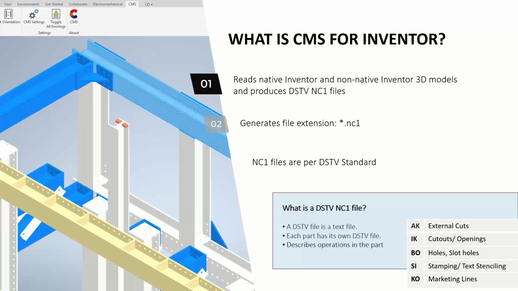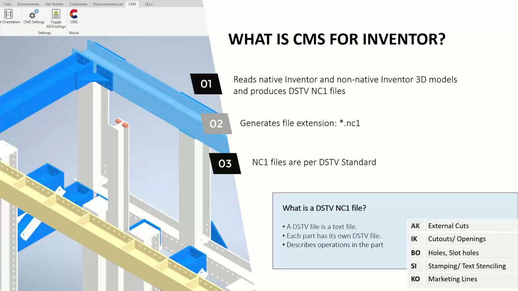What is this CMS for Inventor? It's going to read your native Inventor parts. It will read your non-native Inventor parts such as STEP files, IGES files, SAT files, and that kind of non-native Inventor platform CAD tools. It definitely generates your .nc1 file. Our NC1 file is strictly created as part of the DSTV standard, so that's why we call it DSTV-NC1. So any machine that you work with that supports the DSTV standard